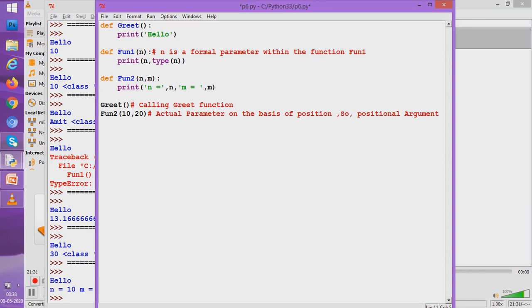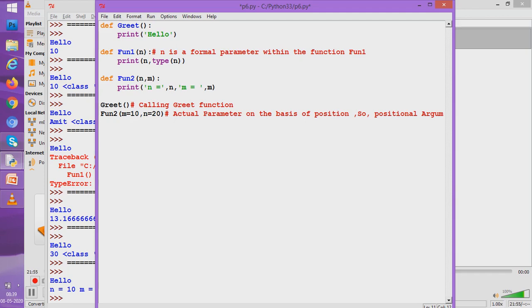You are to exclusively say that m, you take 10, and n, you take 20. So now what you did? You actually used the words m and n. That is the name of the variables m and n.